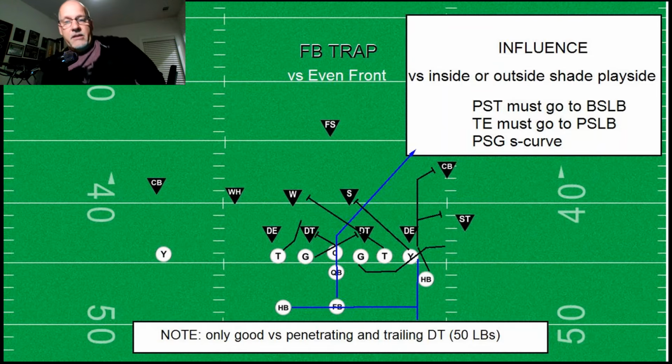But it's important to make sure that, in my opinion, you influence a 3 technique first. Rules: play side tackle has to go backside. Tight end has to go play side. And your play side guard is going to S-curve. Note, this is only good versus penetrating and trailing defensive tackles, or linebackers in the 50 that are reading guards. So if they're reading guards or running upfield pretty heavy, if they are a technique-oriented defensive front,